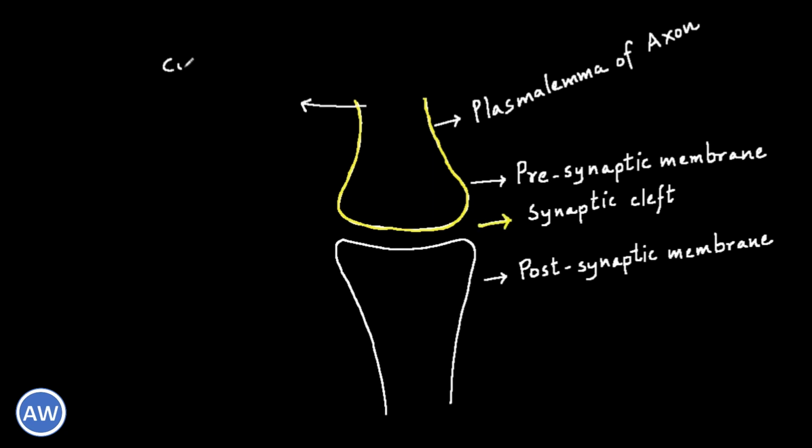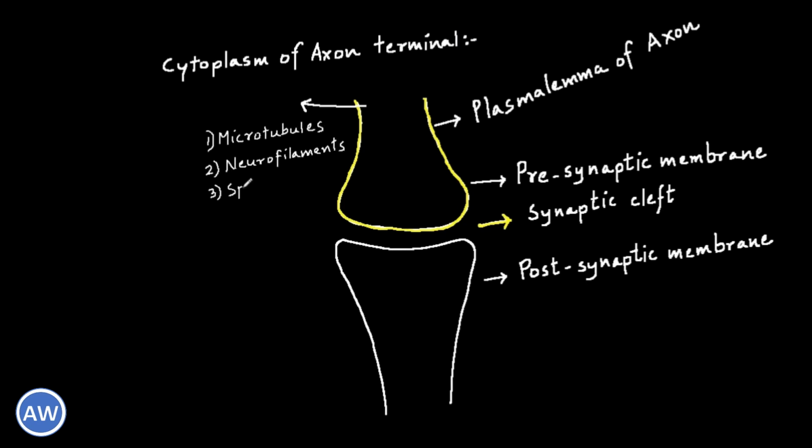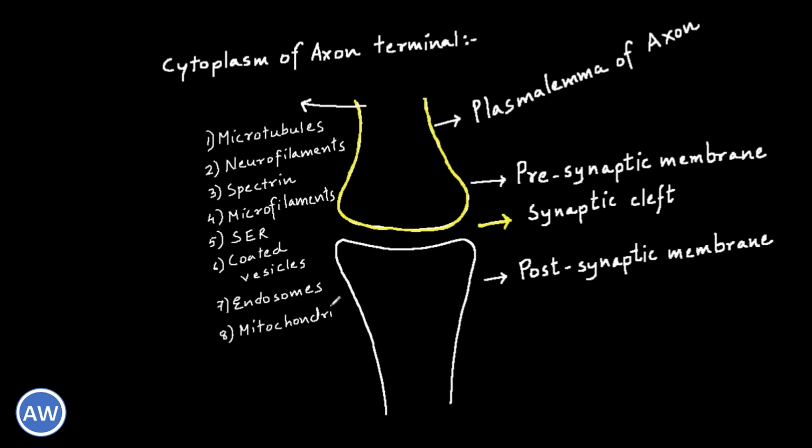When we look at the cytoplasm of an axon terminal, it is rich in cytoskeletal elements such as microtubules, neurofilaments, spectrin, and microfilaments. Additionally, it also houses cisternae of smooth endoplasmic reticulum, coated vesicles, occasional endosomes, a number of mitochondria,